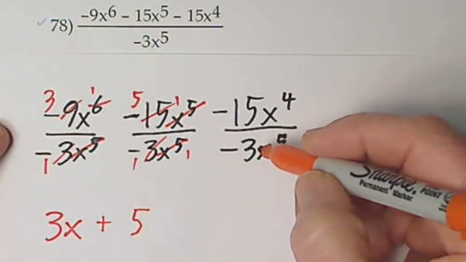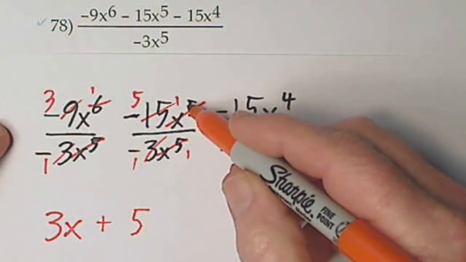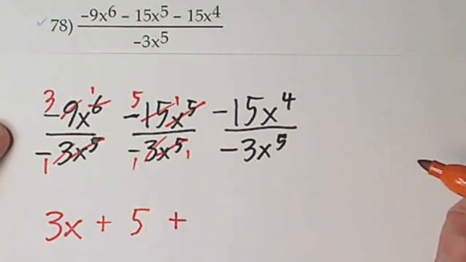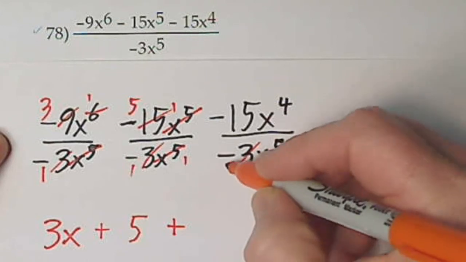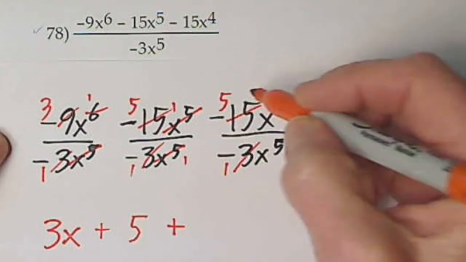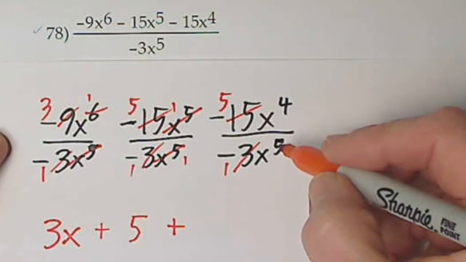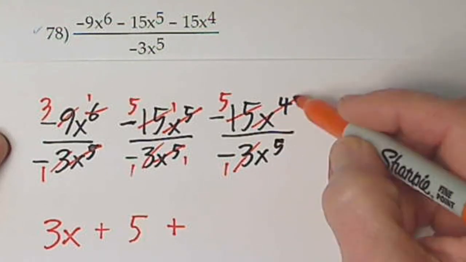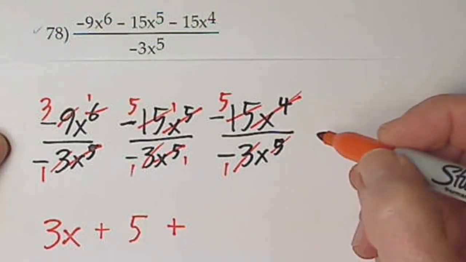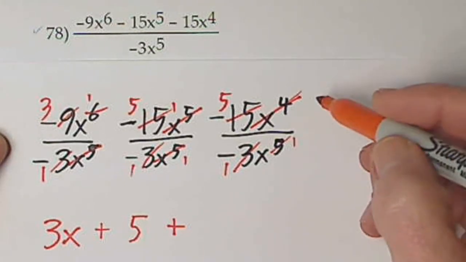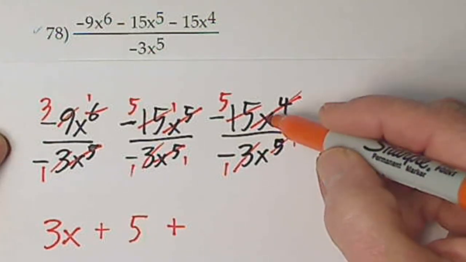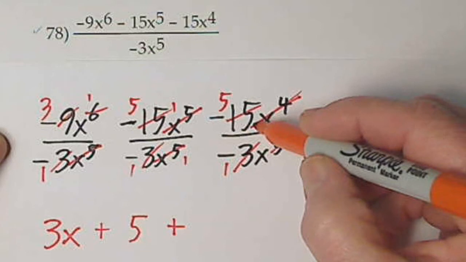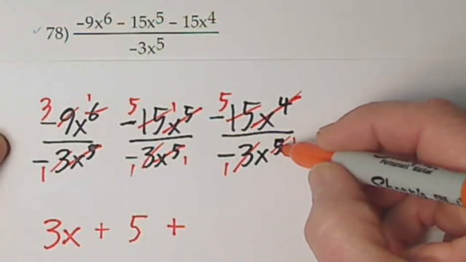Okay, and then over here, there were no x's left. X to the 5th goes into x to the 5th one time. Negative divided by a negative is going to be a positive. And 3 goes into 3 once, goes into 15 5 times. X to the 4th, all 4 of these disappear, and you subtract 4 from 5 and you're left with 1. I mean disappear. They divide and cancel with 5 x's in the denominator. So however you think of it, but basically I cross that out, subtract 4 from 5, and I'm left with